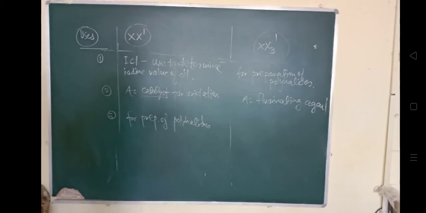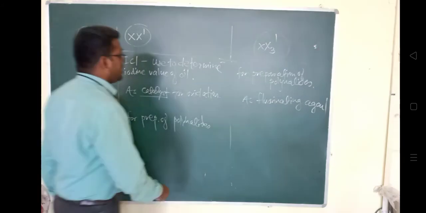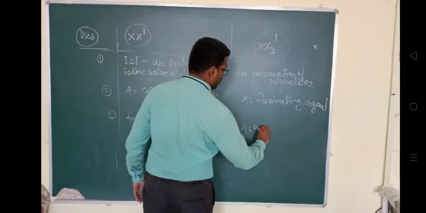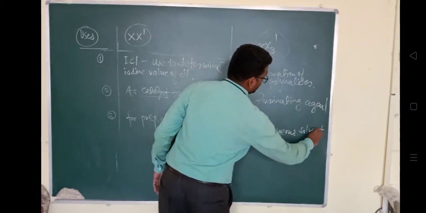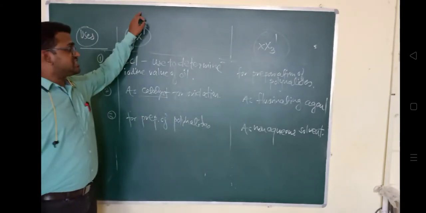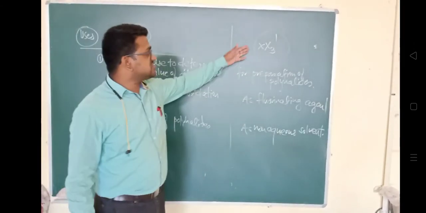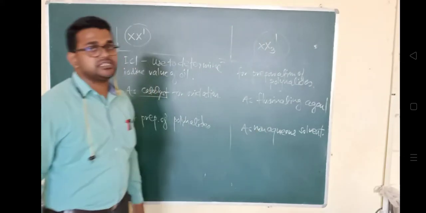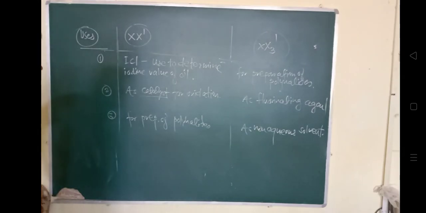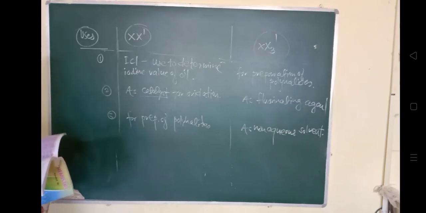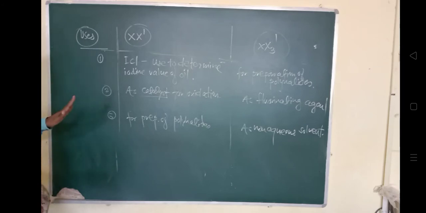So you have to first understand what X dash and X3 dash types are. X3 dash type क्या है? Based on that you will understand this. Not all uses of all interhalogens, but a few are listed here, because many interhalogen compounds are formed and we cannot list the uses of all of them. That's why they are categorized as X dash and X3 dash categories. So these are general uses of these interhalogen compounds.